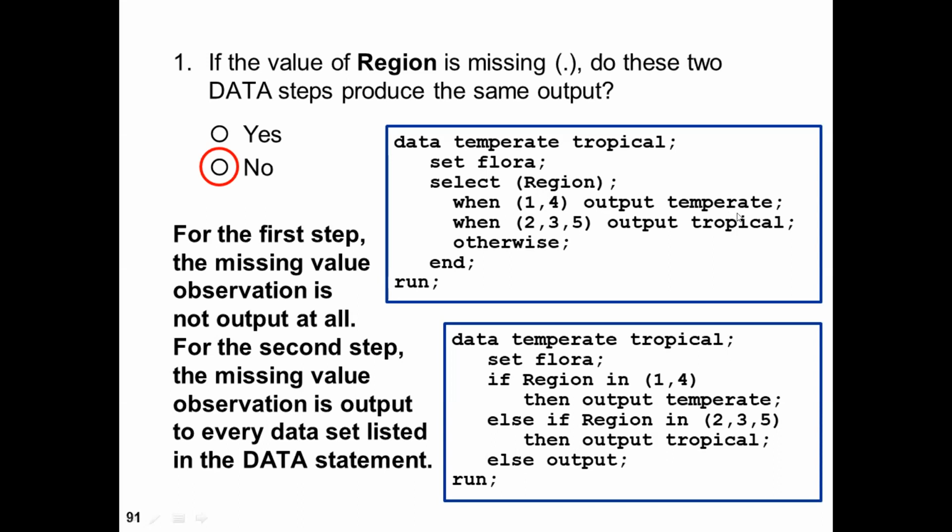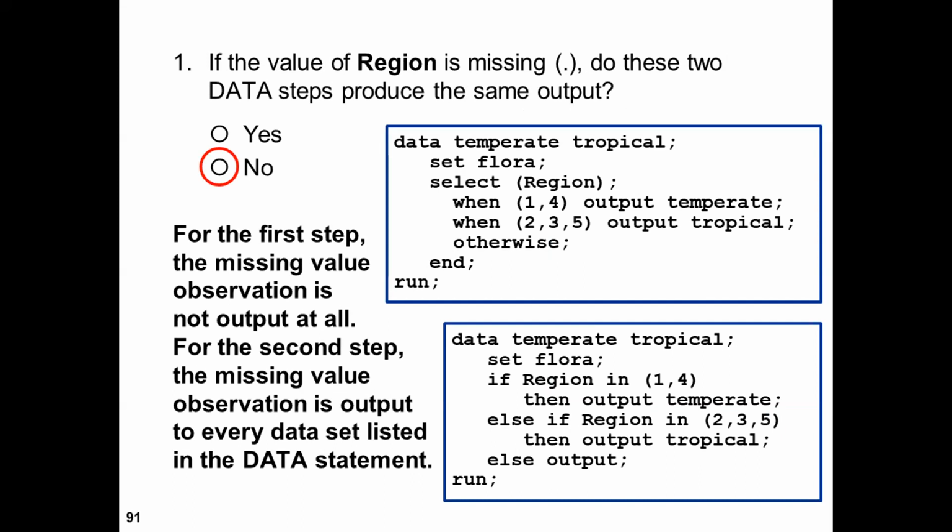Are you getting the difference here now about the question and the output result? After else output, we have not mentioned the dataset name, so it will automatically take in both the datasets. Correct. So it will write to every data set listed in the data statement. Okay. Then it's not fulfilling the condition. Then maybe only because if we want only 1 and 4 output in temperate, but the dot, that missing also